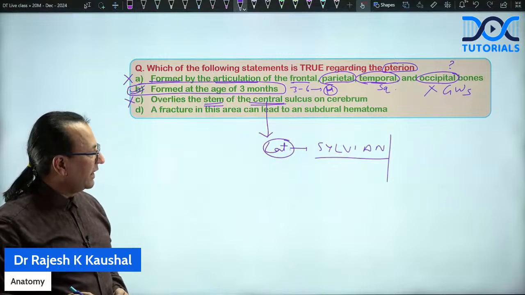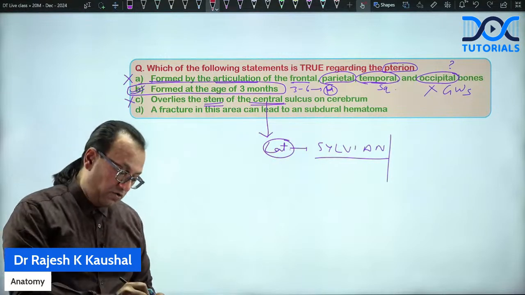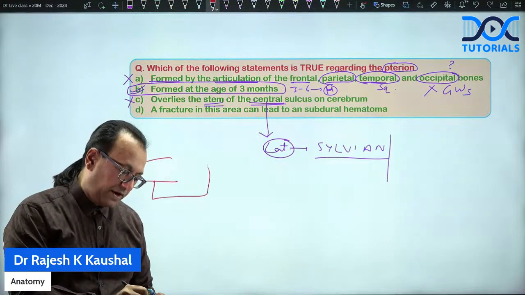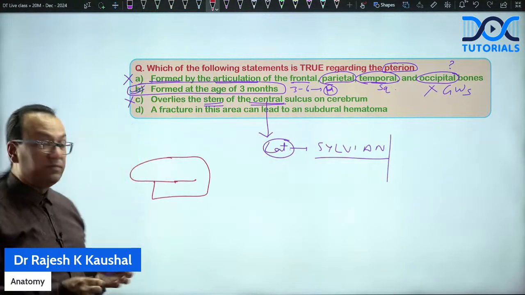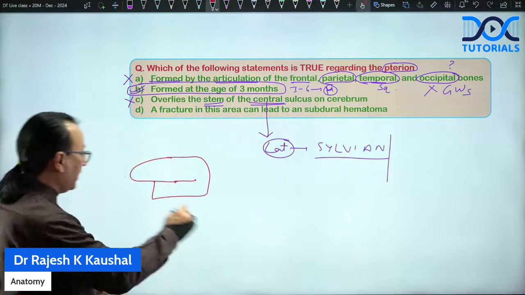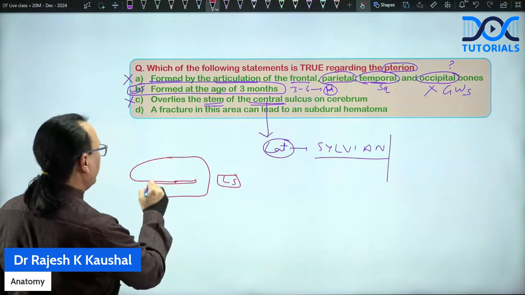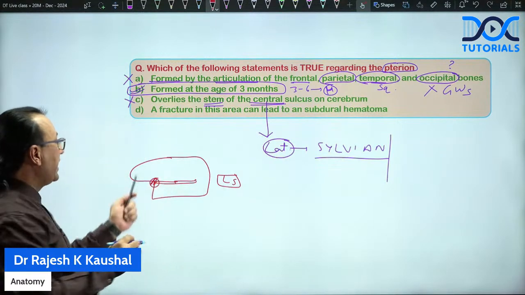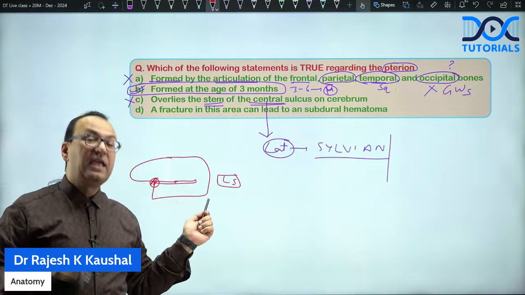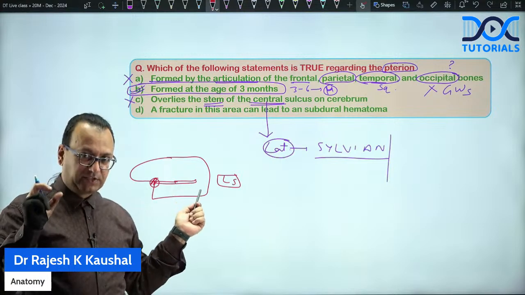Let me show you in a diagram. Say you draw this diagram of the cerebrum. When you draw the diagram of the cerebrum, you'll find that it will have some sulci. The one which you are seeing right now is the lateral sulcus. This one is the lateral sulcus, and the pterion is here, right here. So beginning at the stem of the lateral sulcus, or what is called the Sylvian sulcus, that is where